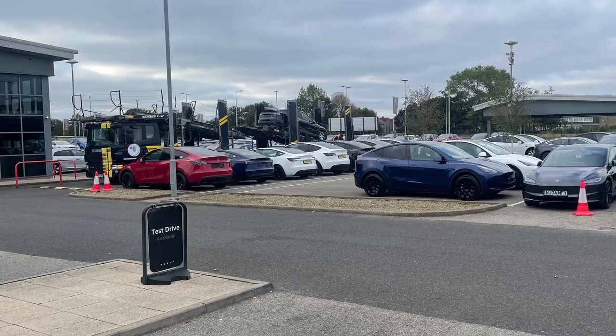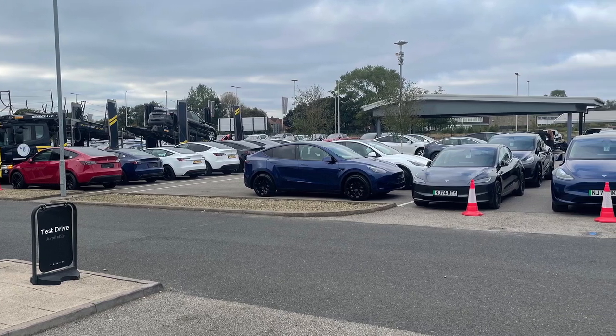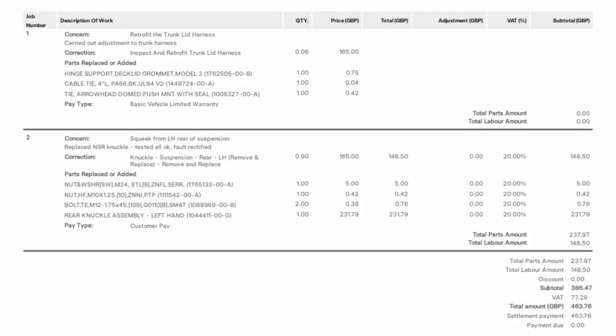Back to the Tesla garage. At long last, the car was finally fixed and the showroom was closed for the day, and my car was ready for pickup. Thankfully, when I received the final invoice, I was in for a pleasant surprise as well, and the issue appeared to not be related to the two parts that Tesla actually ordered, but just the rear knuckle assembly on the suspension. As you can see from the invoice, the parts were quite different to what was ordered